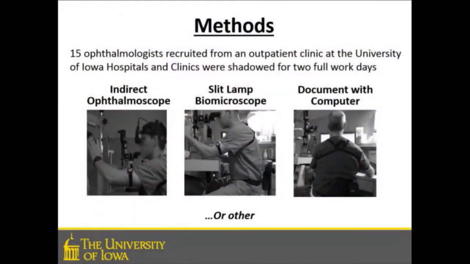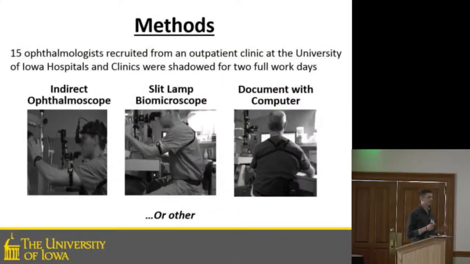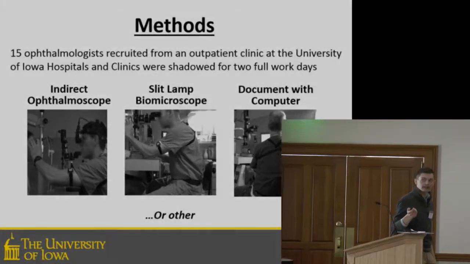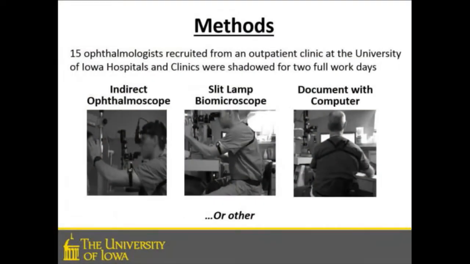One is use of an indirect ophthalmoscope, which you can see on the left here. The indirect ophthalmoscope is basically a head-mounted device that is used to shine light into a patient's eyes. The second activity was use of a slit lamp biomicroscope. This is basically what it sounds like, a biomicroscope that you can use to get very close images of a